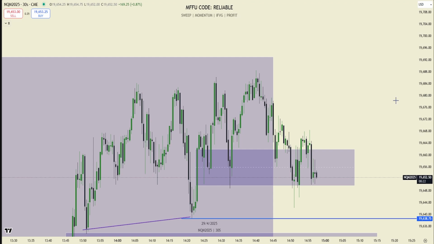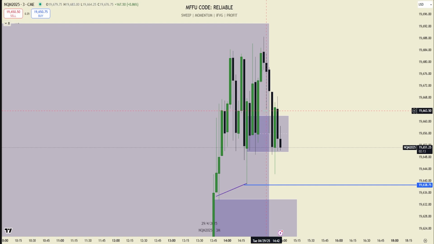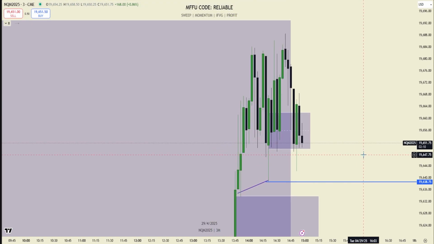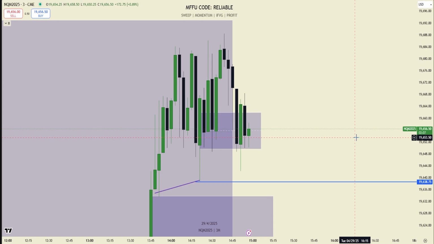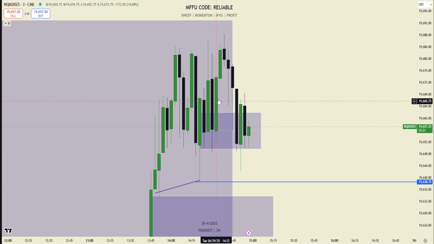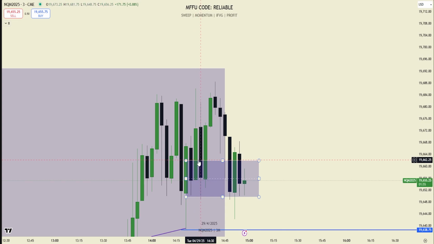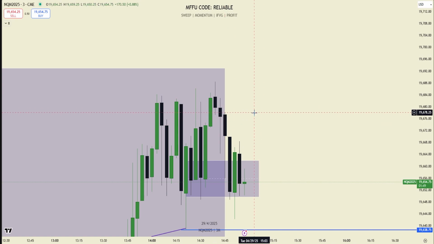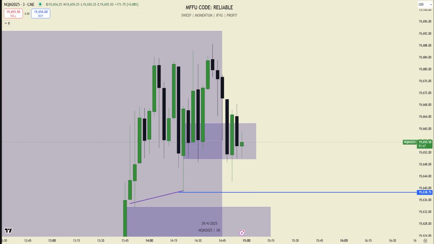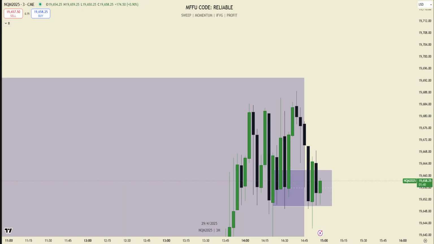With this 3 minute inverse at 11:36 PST would have been a trade. Would you have taken it or not? Probably not. 3 minute at, I guess what would that be? 2:36 Eastern. Wait, what 3 minute? You looking to short this up top? What inverse? Where's the gap? Oh, the short. Duh. No, no. I was looking for the long there. I don't know why. But no, I wouldn't have taken 3 minute there.